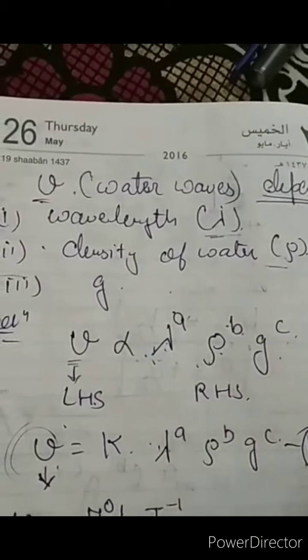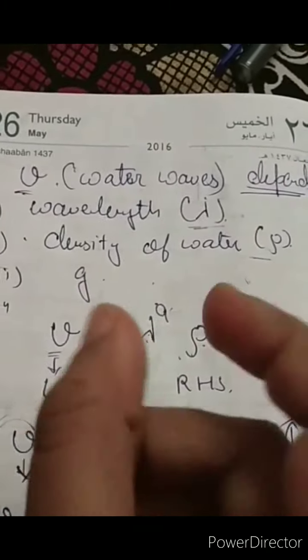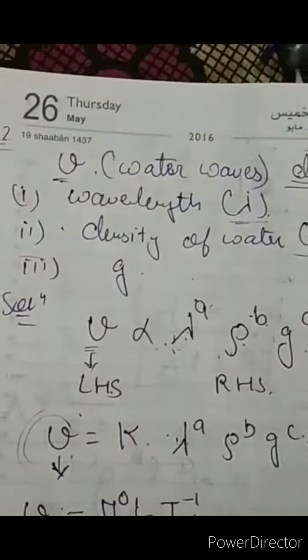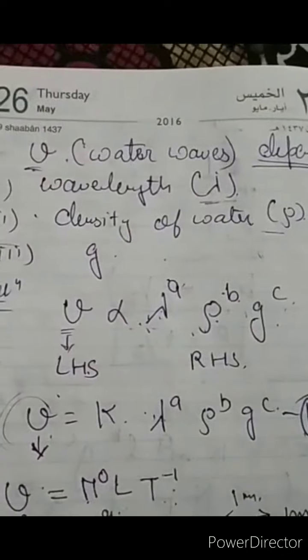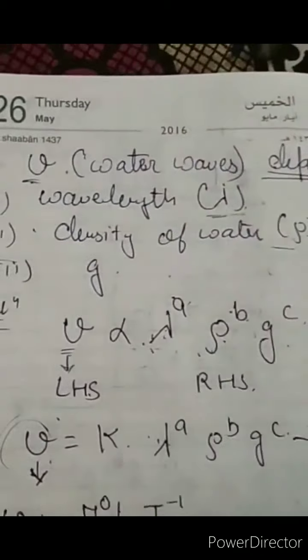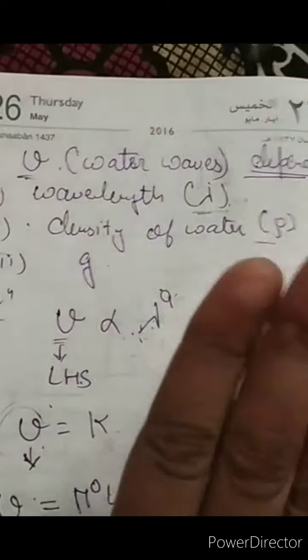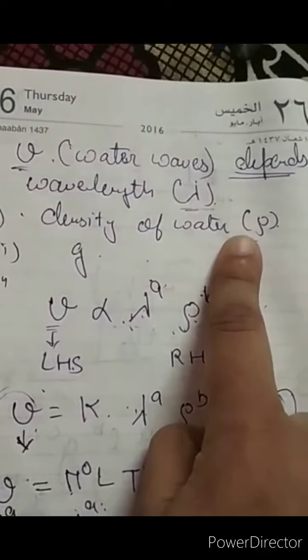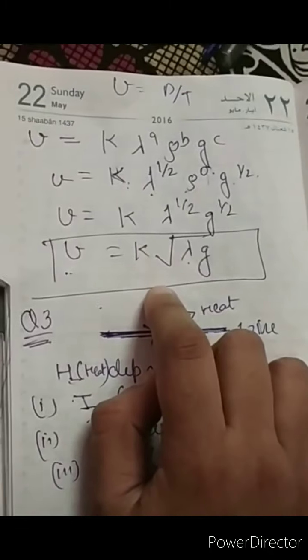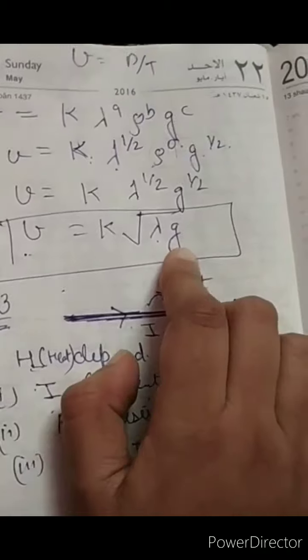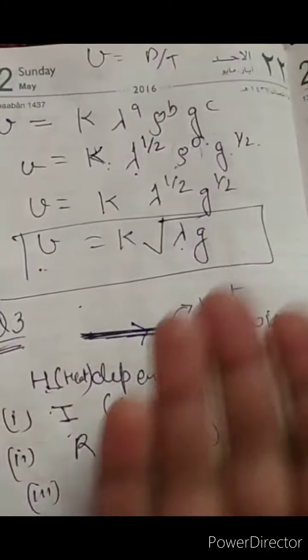Whatever physical quantity you want, you can put it in dependent form, like velocity depends on time, on lambda, density, mass also. But at the end, even if there is a density in our question, we are not getting the density term. We are only getting lambda and g. So the density factor is already removed in the formula.